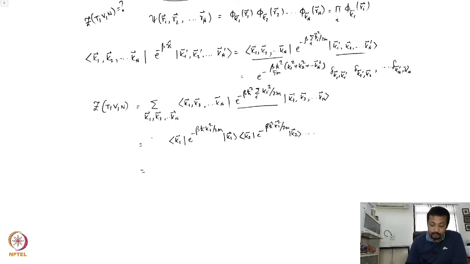And there is also a sum over k1, k2, ..., kN, which also splits, and therefore you will have a product over i equal to 1 to N